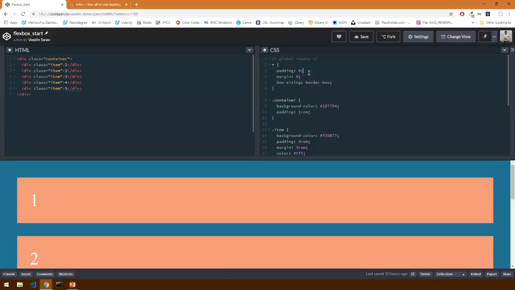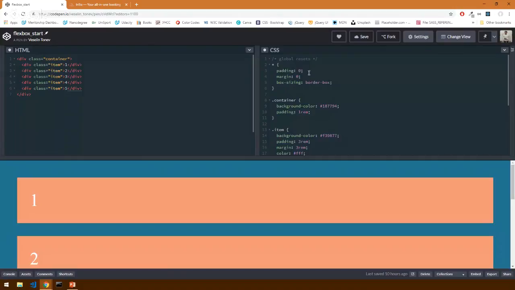Some HTML elements have built-in padding or margins, like for instance the UL, an unordered list element, has built-in padding, and that can render badly on the page and make you wonder where a certain padding and misplacement is happening. And that's why I'm setting these things to 0 in order for me to have control over what has padding